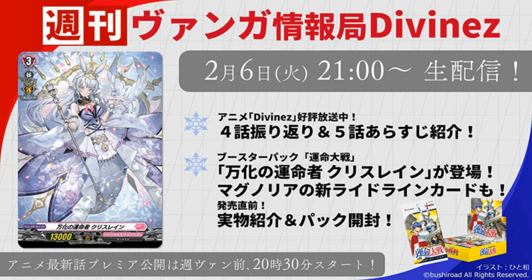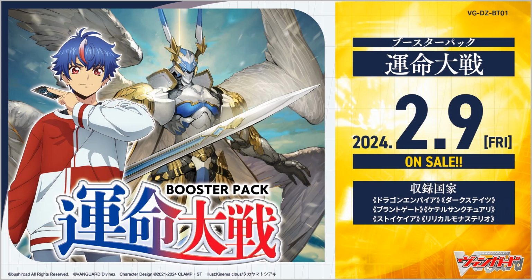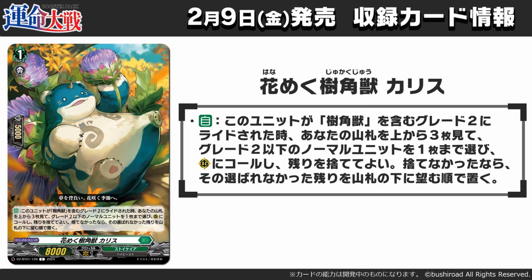Alright, the final Faded one for this set is here, this time with the Faded one of Ever Changing, so let's begin. And also some Magnolia support for her ride line, so let's begin. So to the new Magnolia ride line support, we started with Blossoming Flower Sylvan Horn Beast Karis,